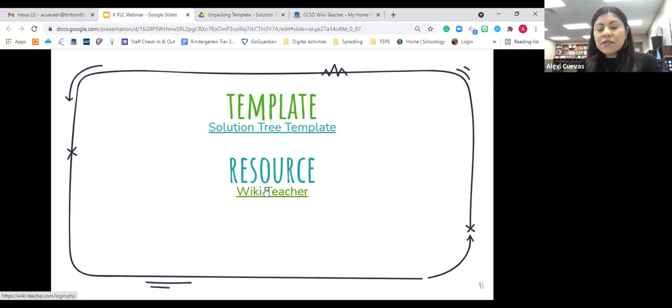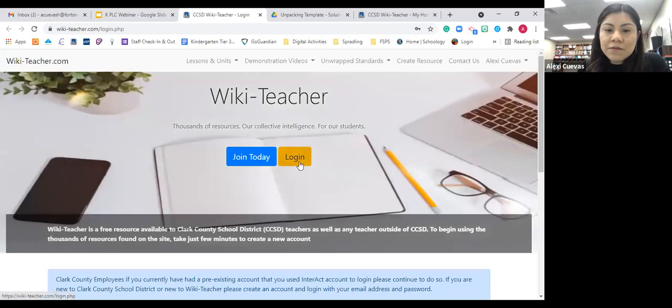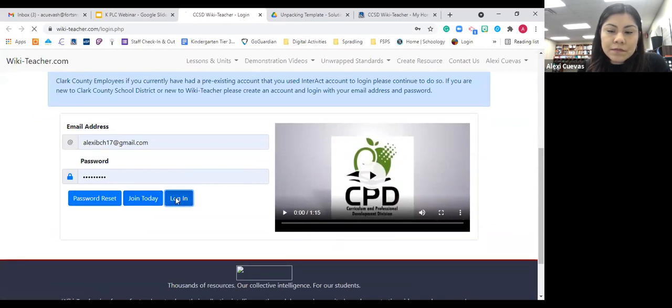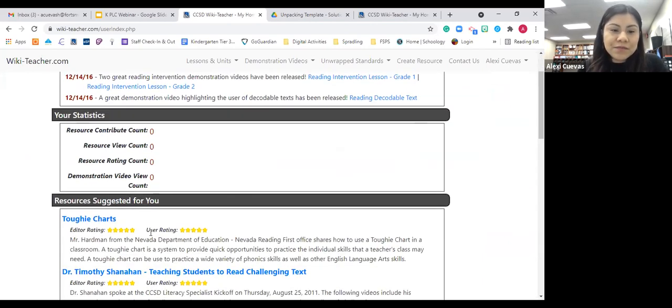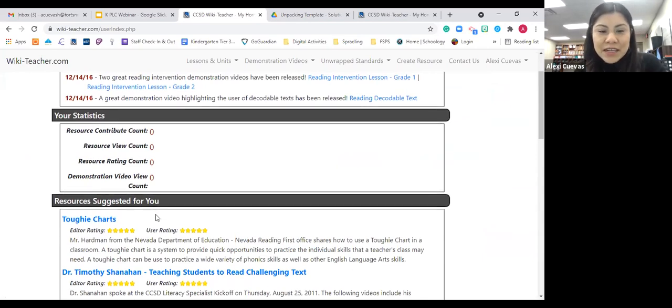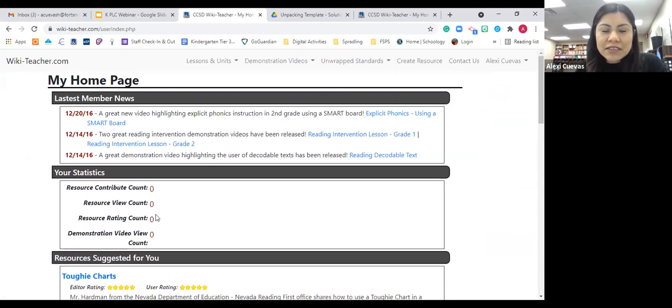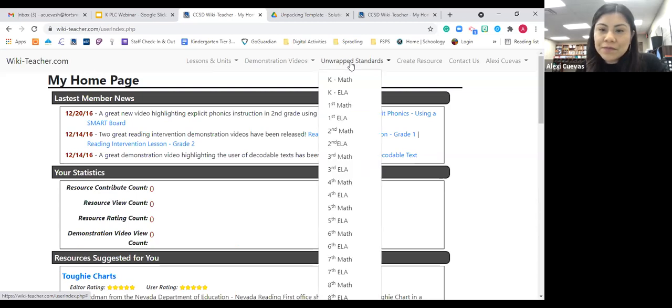And then a really good resource when unpacking standards is this wiki teacher resource. So I'll show you what that looks like. This is very helpful if you are stuck on a standard. It has all of these standards unpacked for you. I would use it after you have unpacked your standard, or if you're really stuck, I wouldn't just copy everything that's on here. So what you do is you will go up here where it says Unwrap Standards, and then